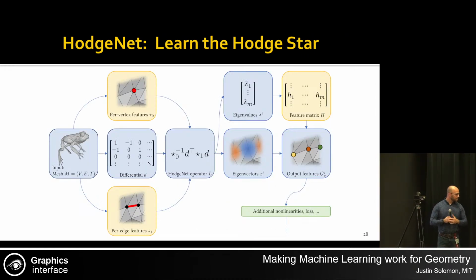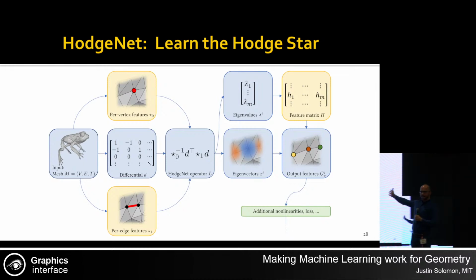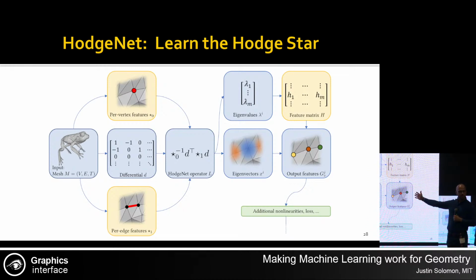So the HodgeNet architecture inputs a 3D shape. And here yellow means learnable. Everything else is just a standard calculation. It constructs that Hodge Laplacian where these Hodge star matrices are the things that we learn. These are really simple features. At the end of the day, it's one number per vertex, which is just a function of the edges going out of that vertex. This is pretty simple stuff. And then we build up this Laplacian operator and compute its eigenvectors just like we would in standard geometry processing before deep learning was a thing.